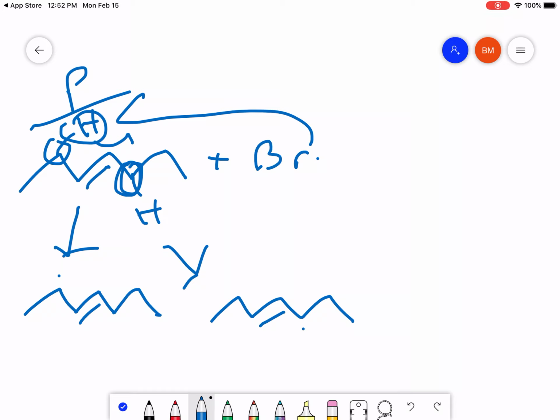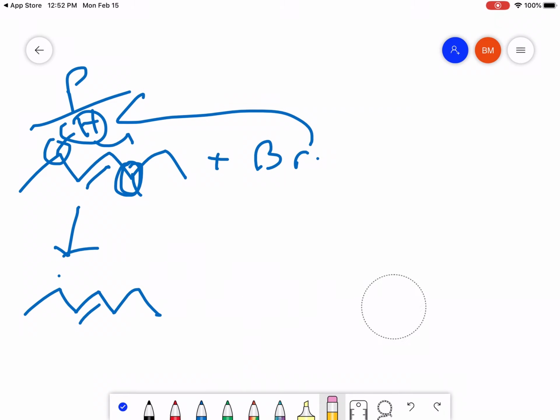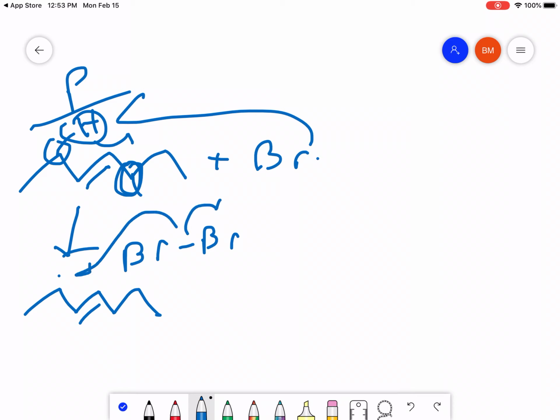Since unfortunately I don't have that much space on here, I'm going to come back to this one. I'm going to work off of this one first, show you the products, and then move on from there. So this radical could then interact with a Br2. Where did we get the Br2? From termination, absolutely. So you can have this radical breaking apart your Br2